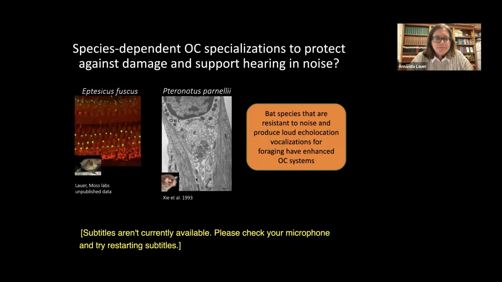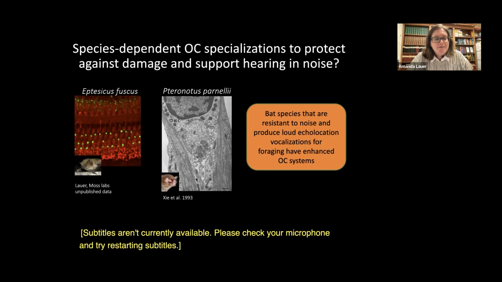Okay, so in this case, we're looking at bats with Cynthia Moss's lab. So if you're not familiar with bats, they use echolocation to survive, basically, to forage for food, to navigate around. And different species of bats have different echolocation behaviors and different social behaviors. So some bats are in these huge roosts that are extremely noisy, and their flight behaviors when they're echolocating are among many other bats, echolocating at about 140 decibels.